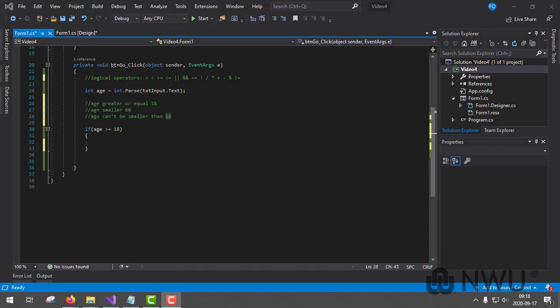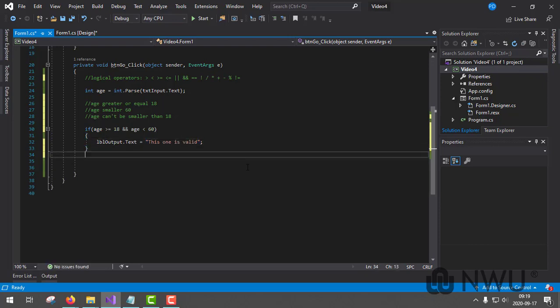So first, we're going to have two expressions in one if statement. So let's say if age is greater or equal than 18, and like I said here at the top, the double ampersand means and, the age is smaller than 60. So what this ampersand means is that both of these conditions, both of these statements need to be true in order for the if to execute. Okay, otherwise it needs to go to its else if. So we go to label text equals, this one is valid,